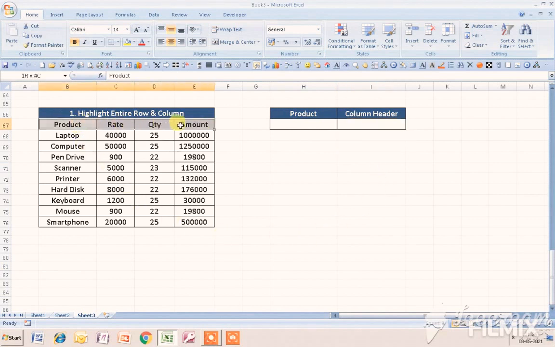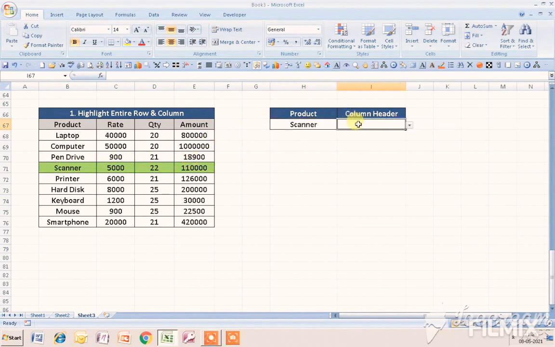If I select any product from this drop down list, then that particular row gets highlighted automatically.